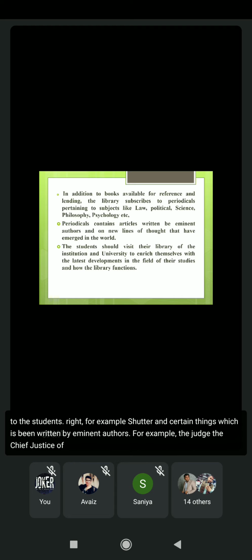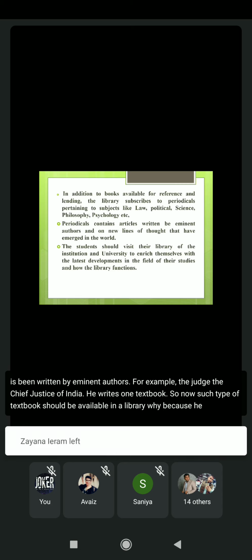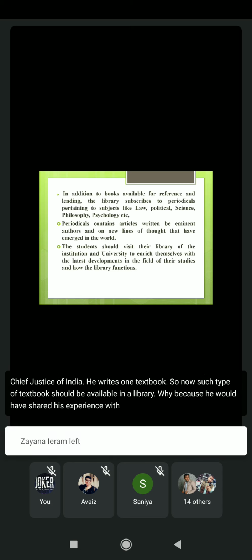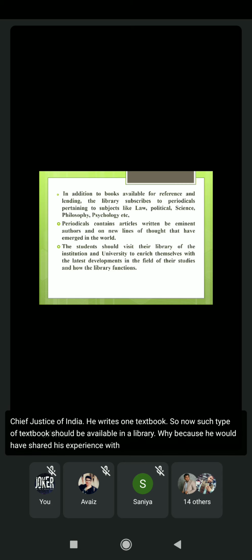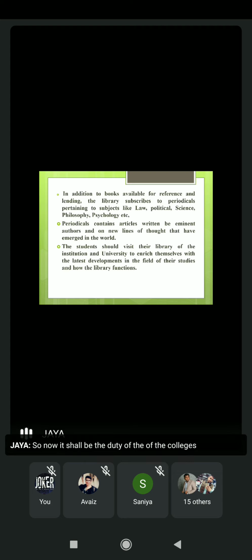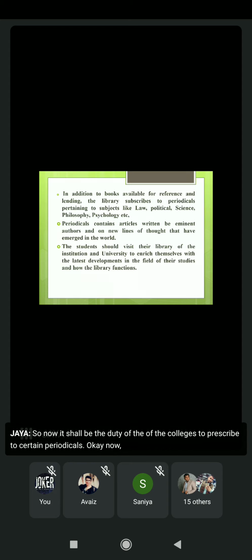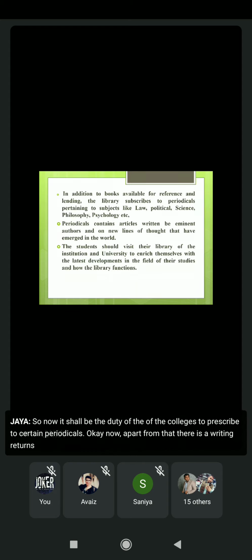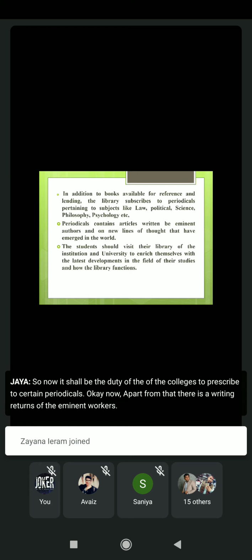So now such type of textbook should be available in the experience within that textbook. So now it shall be the duty of the students to adapt to certain periodicals, writings of the eminent workers. So apart from that,